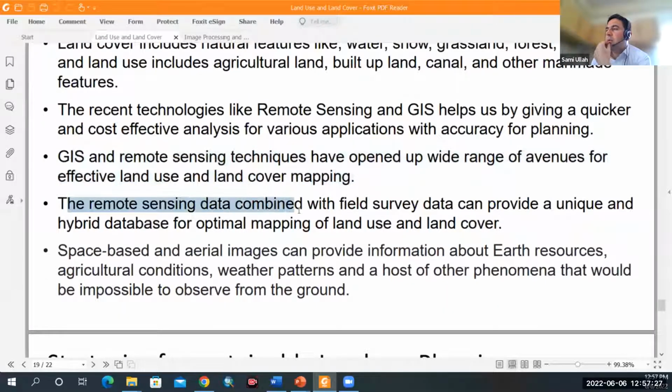Specifically, the remote sensing data can be combined with field survey data, which provides a unique and hybrid database for optimal mapping of land use and land cover classes, because we are combining the ground survey data with the GIS and remote sensing data for generating a model. This model can further predict a variety of different information that can be used for many applications in the